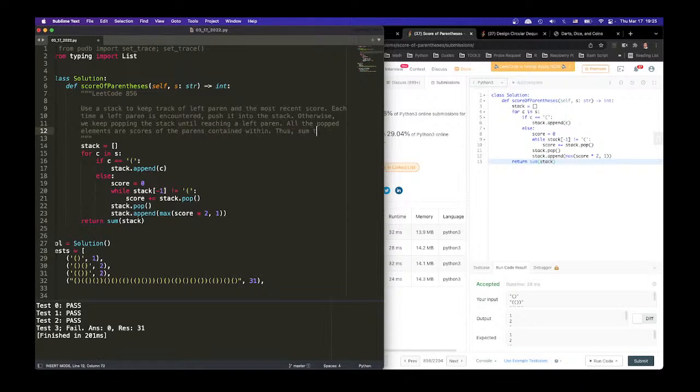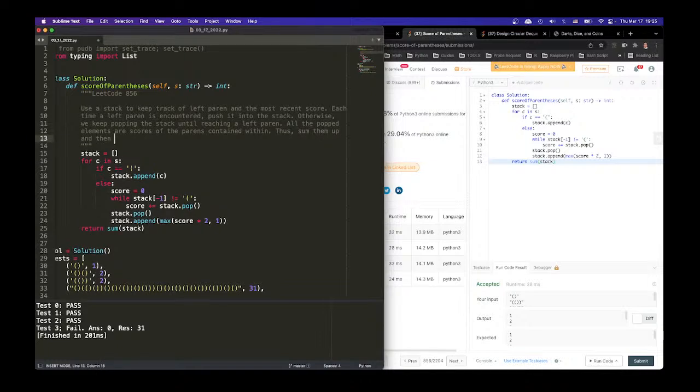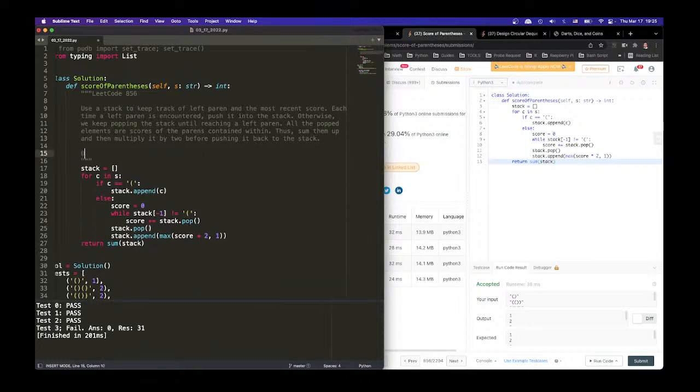Thus, sum them up, and then multiply it by 2 before pushing it back to the stack. And the result when